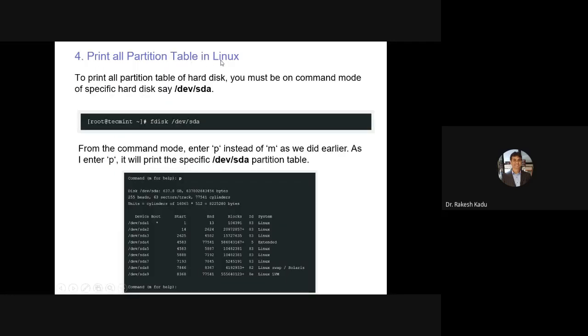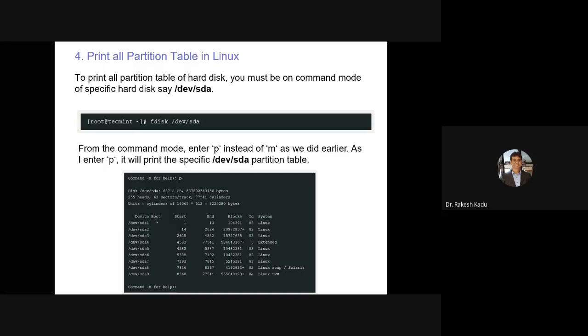Okay, then print all partition table in Linux. तो जैसे आपको पार्टीशन टेबल प्रिंट करने के लिए क्या ऑप्शन था, P. ओके, तो जैसे हमने ये कमांड एग्जीक्यूट किया एंड वी आर टाइप अ P, तो कमांड प्रॉम्प्ट जो है कोलन है ना, fdisk कमांड हमने एग्जीक्यूट किया, ये आएगा यहाँ पे, ये प्रोवाइड करेगा आपको कमांड M फॉर हेल्प. So now instead of M, तो M से आपने देख लिया क्या ऑप्शन है। आपको अभी क्या करना है, पार्टीशन टेबल की बिफोर क्रिएटिंग अ पार्टीशन यू वांट टू लिस्ट व्हाट पार्टीशंस आर अवेलेबल ऑन टू दैट पर्टिकुलर फिजिकल स्टोरेज।